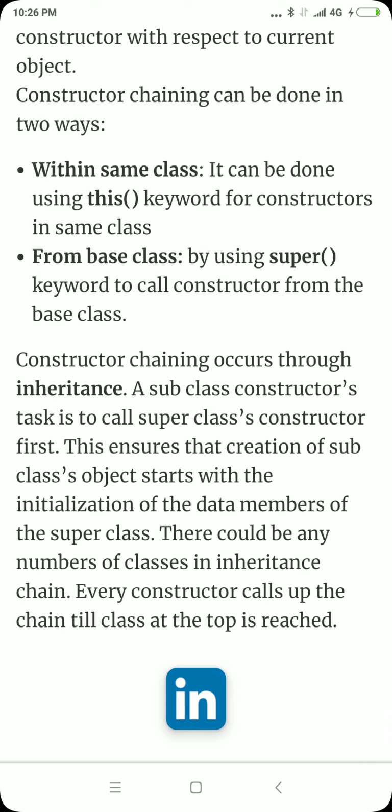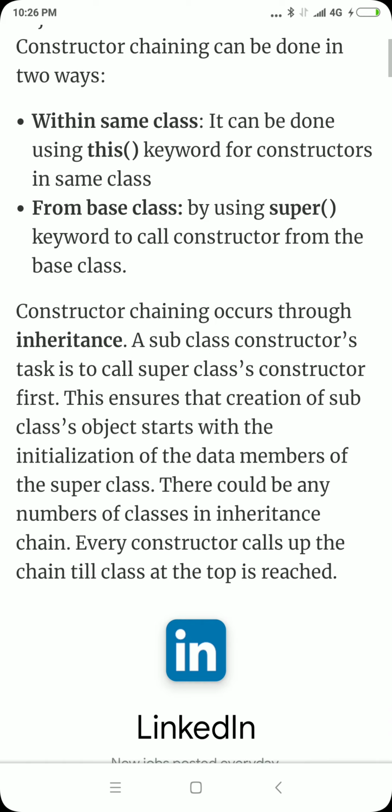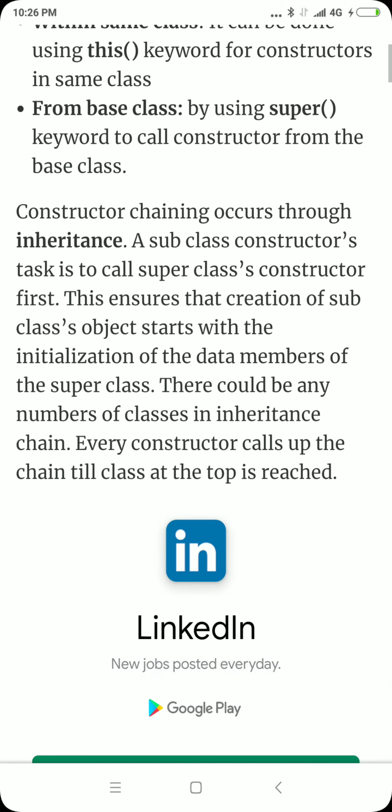A subclass constructor's task is to call the superclass constructor. Subclass means the child constructor calls the father constructor first. This ensures that the creation of the subclass object starts with the initialization of the data members of the superclass. There could be any number of classes in the inheritance chain. Every constructor calls up the chain till the class at the top is reached.